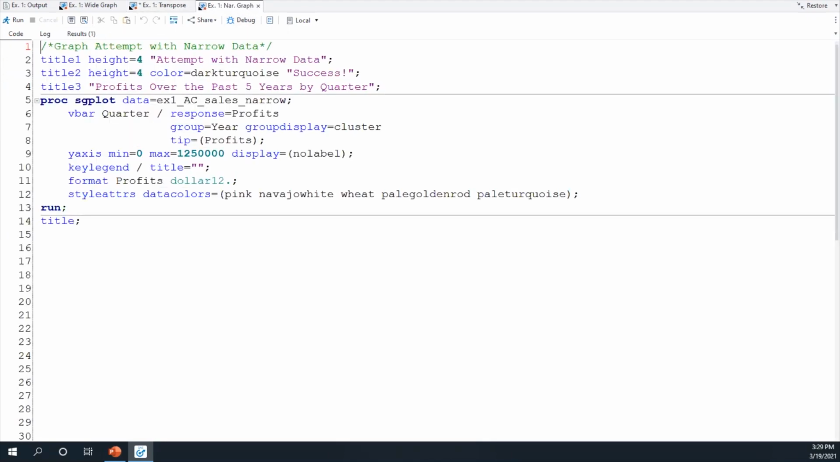Once again, I've already written out the code, but immediately we notice how much simpler this syntax looks. We only need one VBAR statement for the profits column, and then we can group by year to create the clusters. No guess and check to place the bars or determine their width. So let's run this program